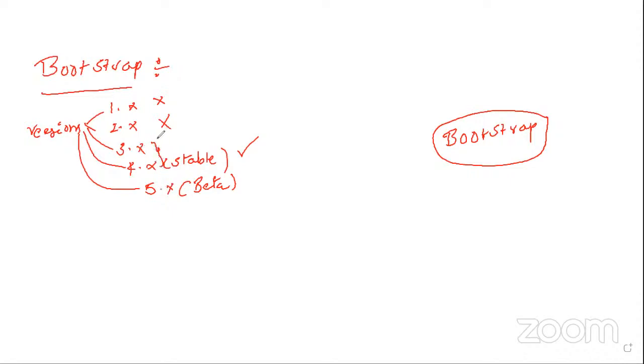Bootstrap 3 is built upon Float. If you are already familiar with CSS layout, a layout can be created using Float, Flex, or CSS Grid. There are three ways we can create a layout in CSS. Bootstrap 3.x used the Float concept to build a layout, whereas Bootstrap 4.x uses Flexbox as well as CSS Grid, a combination of both. That's why 4.x is the most popular version.